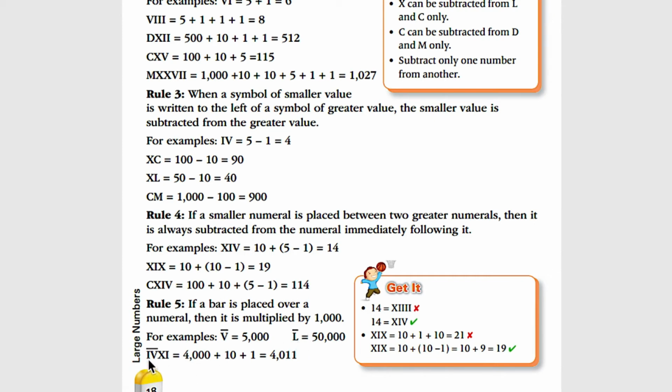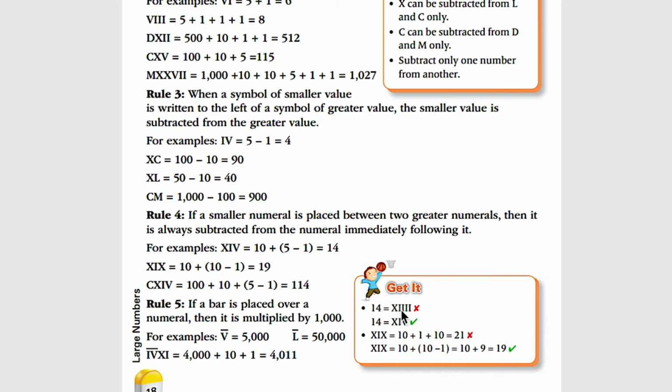Now over here we have I followed by V, and above it there is a bar. So I followed by V means 5 minus 1, and that is 4. So 4 multiplied by 1000 is 4000. Add, we have X, so its value is 10. Add I's value is 1. So adding these, the result is 4011. So for 4011, the Roman numeral is written in this manner.